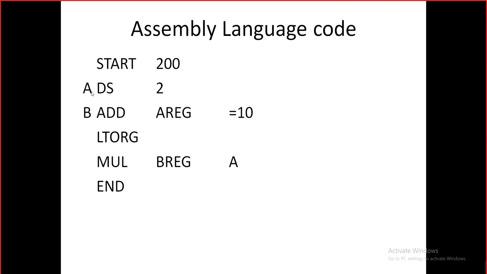Wherever I found that A, corresponding to that A, I will note down the address. What address? Whatever is the current LC, I will write the value of LC as the address for this A in the symbol table, right? If I found that the first element in my tokenized array is an imperative statement, then I know it will definitely have two operands. So accordingly, I will deal with them.